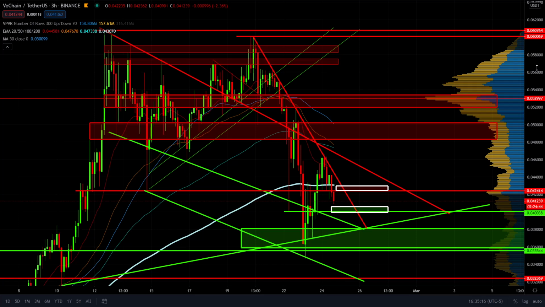how support and resistance plays into price action and how things react off it. Even though this is really cluttered and there's a lot on the screen that we're looking at right here, I do think it's relevant, it's valid, and it's going to be telling for future price action. So maybe I'm going to spend a little bit more time running through this TA and this support and resistance in this video. We're going to talk about VeChain here, talk about what I see happening both short term and long term,